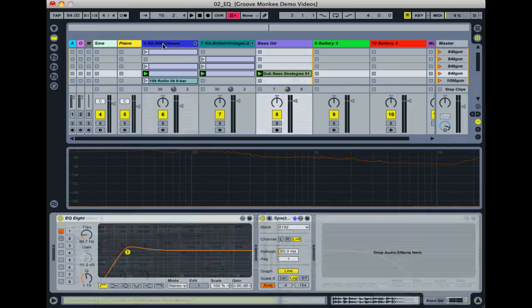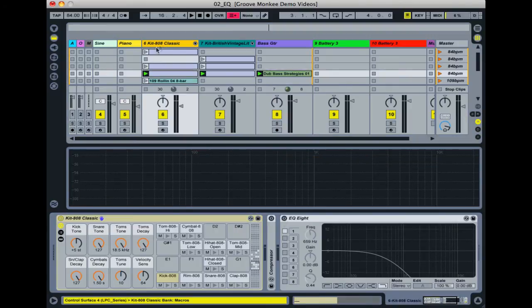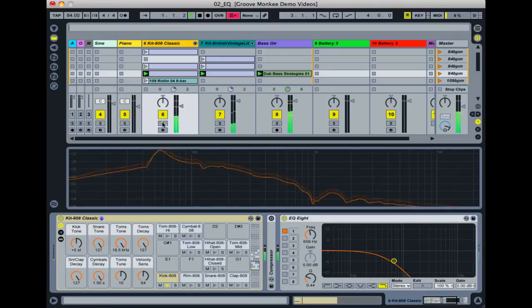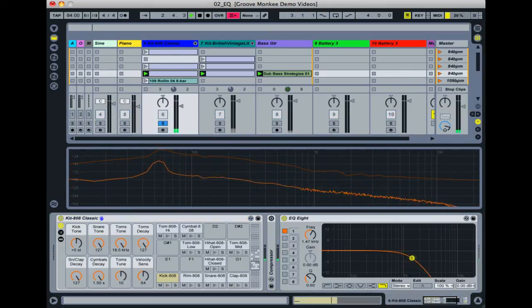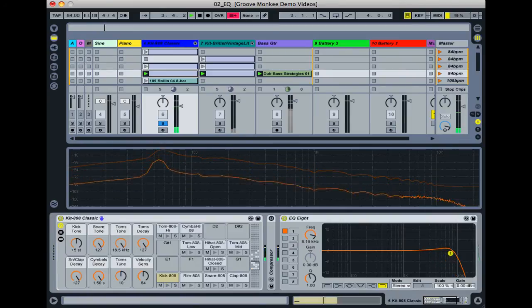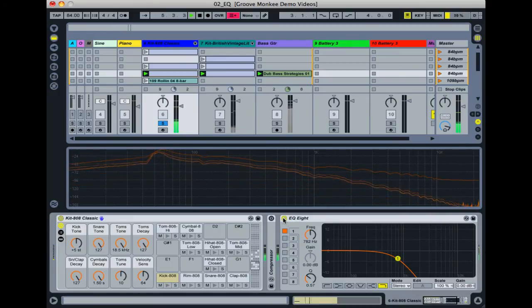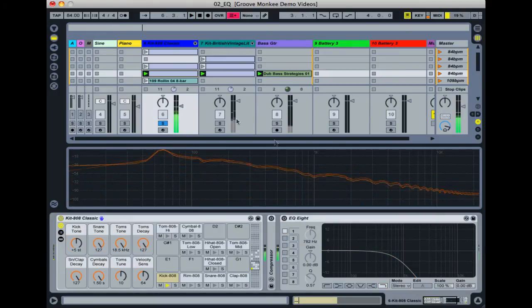I mean, we could get really carried away and actually put a low pass filter on the 808 kick because, as we saw, we only want those lower frequencies. But it's probably not going to make a lot of difference because there isn't an awful lot up here that's really going on that it's clashing with, because there isn't really much in that region on the 808 kick. So if I just solo it, you can hear it hasn't really changed the sound that much. It's just taken away a slight little bit of that clickiness, which isn't probably really needed. But either way, I'm probably not going to bother there, but the idea is there at least,